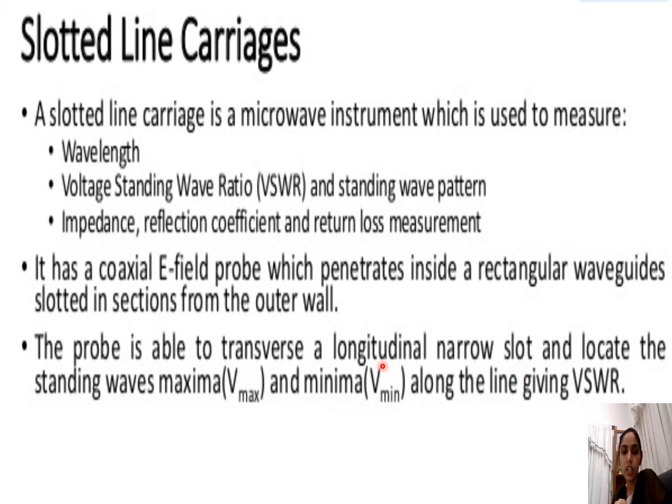So we are doing the probe coupling at the center of the waveguide, and we have a movable part. When we move it, obviously you can see the deflections in your power meter. When the load is not matched to the waveguide, a VSWR will be set up. So we can note down all these values: what the V maximum is, what the V minimum is. Thus it gives the VSWR all along the waveguide.